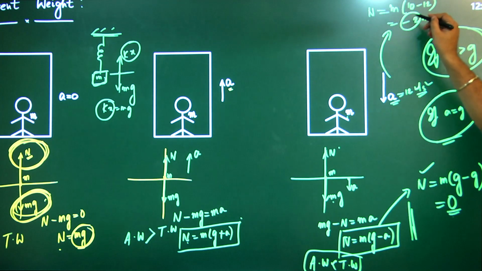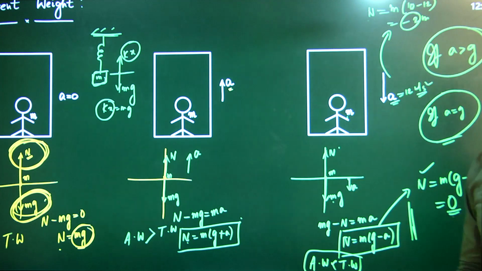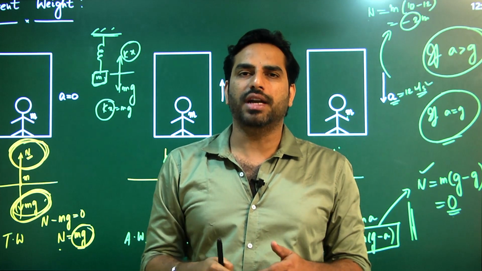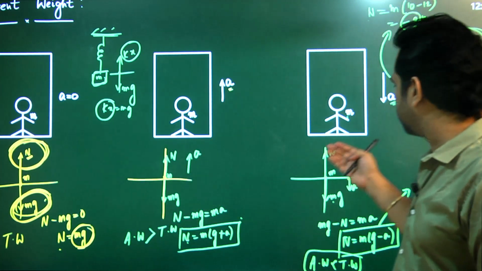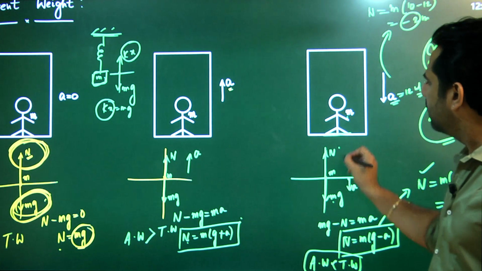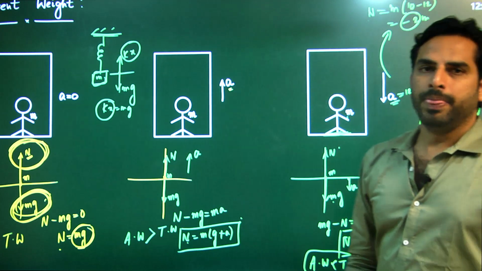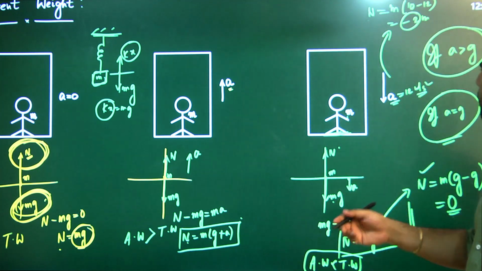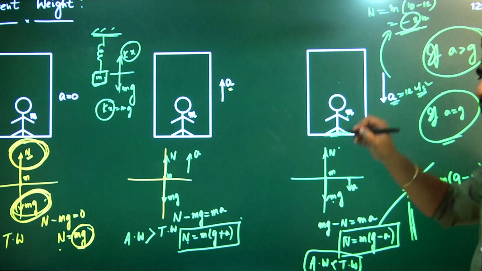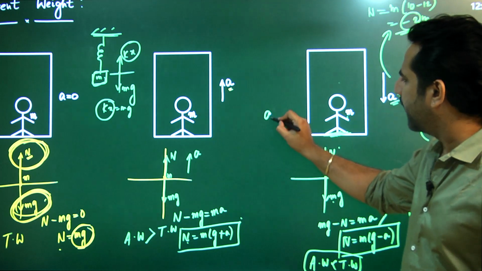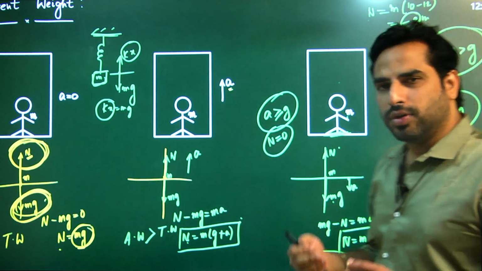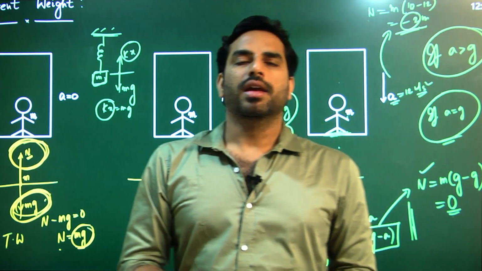The meaning of normal force being negative is normal force acting in the opposite direction, which is not possible. Whenever you get the value of normal force 0 or negative, it means that there is no normal force acting on it, because normal force cannot be a pulling force. Normal force is always a pushing force. The surface of the elevator or the weighing machine can only push the man up. So normal force will be either upwards or 0. The conclusion is that there is no contact between the man and the elevator. So if the elevator is descending with an acceleration greater than or equal to g, then apparent weight is 0, there is no contact between the elevator and the man, and the man will feel